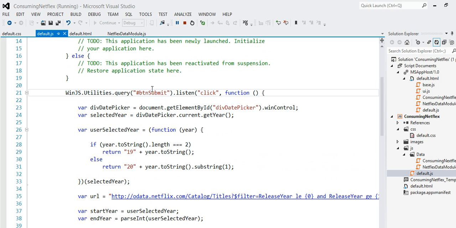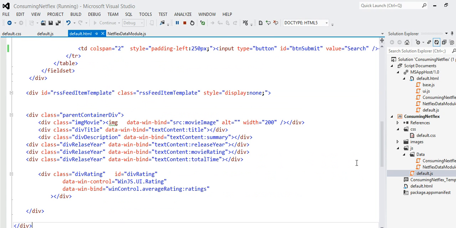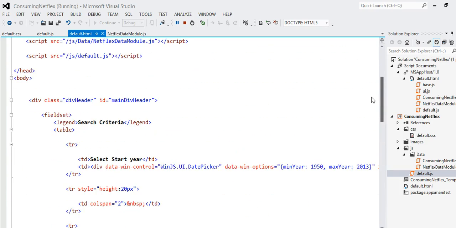So basically, the default page is going into default HTML and looking for that DOM object. Of course, this DOM object is right